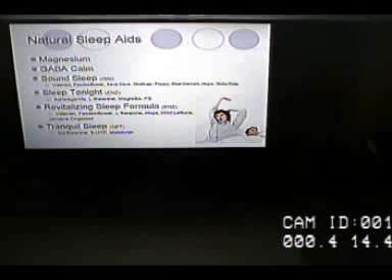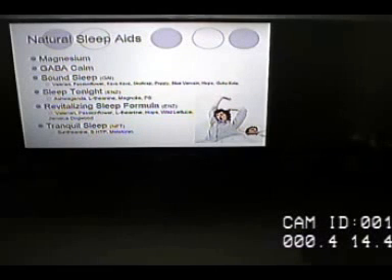Sleep aids, again, magnesium we've seen throughout to help with inflammation and stress otherwise. GABA Calm is a sublingual, under the tongue. If your brain is on fire all the time and you just can't calm down because you're thinking about lists and all, that's one that I swear by. I've tried it many times. That works very well. You're just kind of sitting there and all of a sudden your brain just starts slowly shutting down and helps you. You can also use it during the day too.